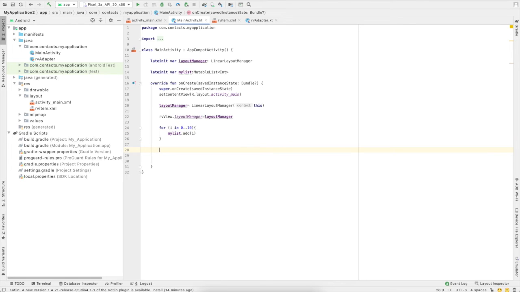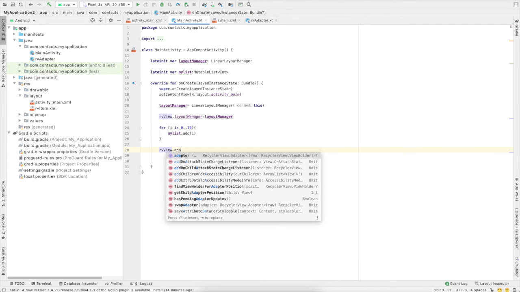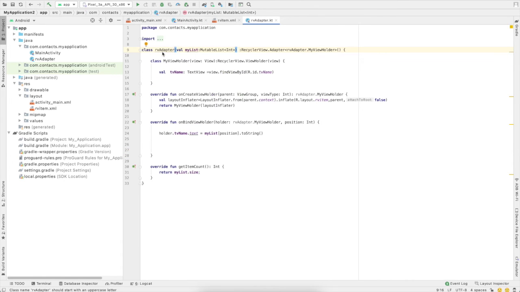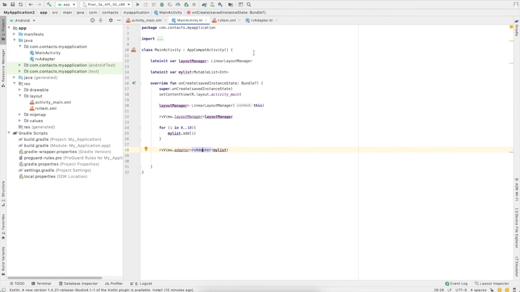Now we can attach this particular data list into that adapter, and that adapter into our recycler view. So rv adapter dot adapter equal to, I can say rvAdapter, pass the context to it, and in that I can pass the list to it. Here you can see that in this one line, you can set the adapter into your recycler view. If you click on it, it will automatically redirect you to the adapter, and we can set this particular data into this recycler view adapter.